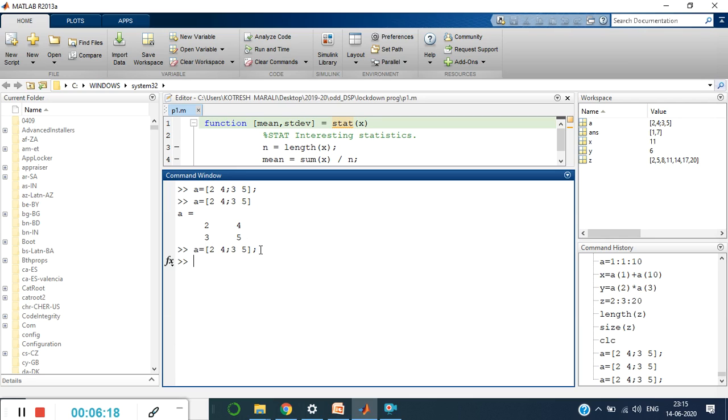In C programming and other languages, the meaning of semicolon is terminating that particular line, right? If you don't put it, it is a syntactical error in other programming languages, but here it is not at all a syntactical error. It is whether you want to show the output immediately or not show the content of that particular variable.